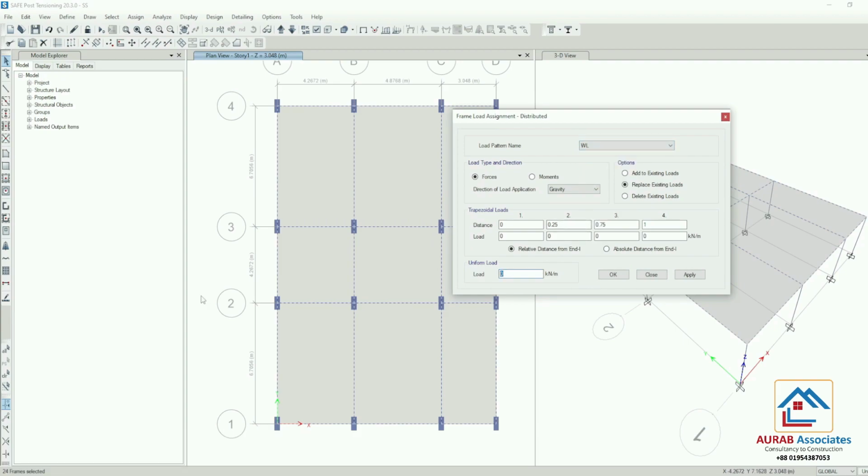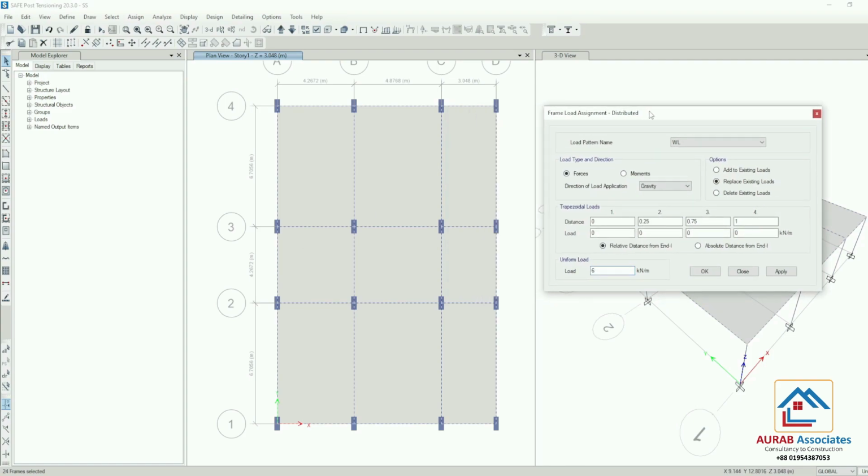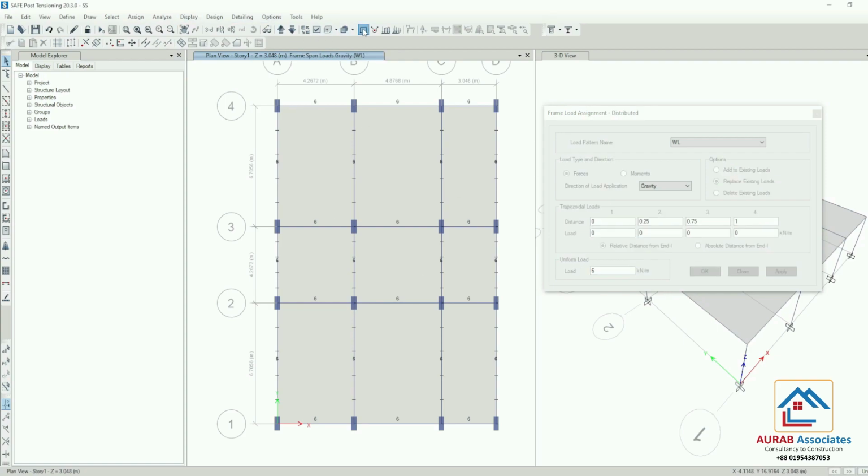Here we are using 6 kilonewton per meter. Already you know all the calculations because you must know clearly about ETABS. So just as like ETABS, here we are using 6 kilonewton per meter wall load, or you can use 7 or 8, etc. Whatever you get as per your calculation. Click on apply. Click on show on deformed shape.